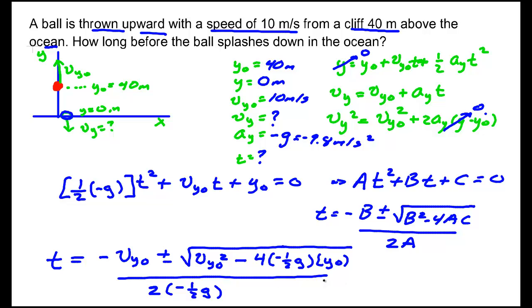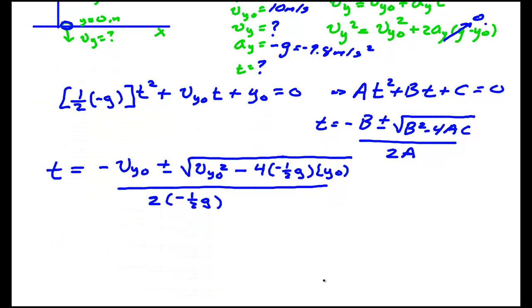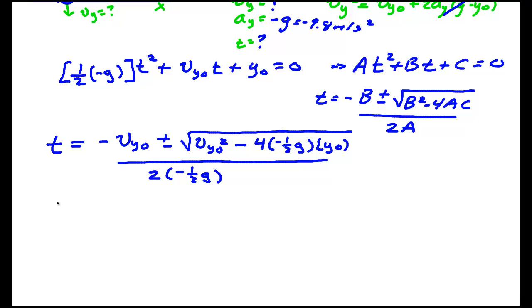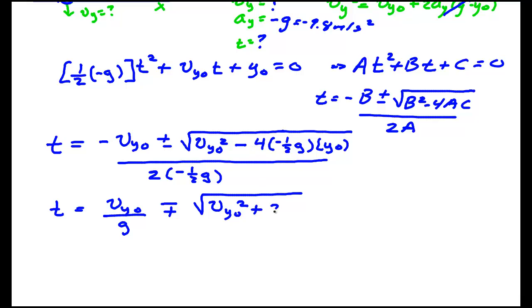Well, we can simplify that a little bit. The 2 times 1/2 makes just minus g. Minus vy naught over minus g is vy naught over g. So we have a term here. I've got minus g. That flips this to a minus plus, vy naught squared. Minus and minus makes a plus, 2g y naught